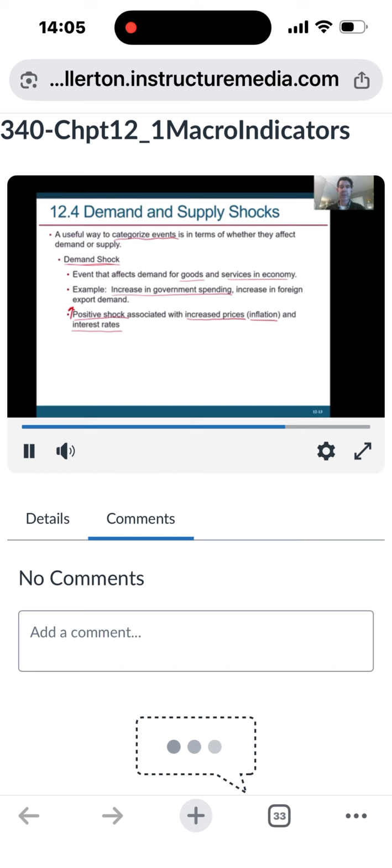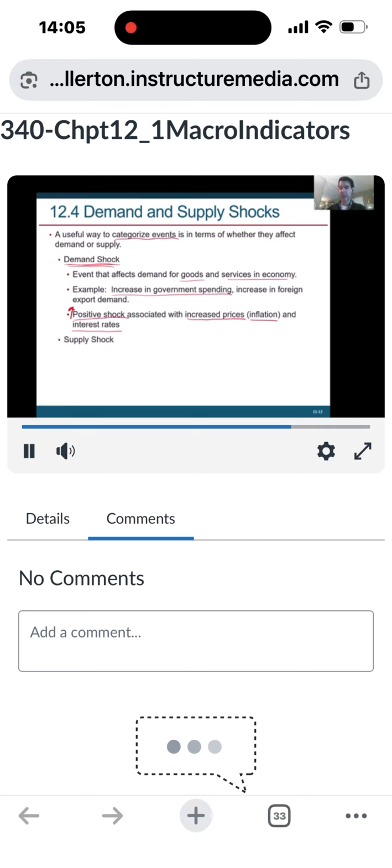So allowing us to first think about and classify something as whether it's on the demand side or the supply side of something allows us to then sort of logically think through how will this affect prices? How does that affect inflation? How do we expect to see that in interest rates? And that might affect our investments. So this is the demand side, right? A positive demand shock would be inflationary. A negative demand shock would be the opposite, deflationary.